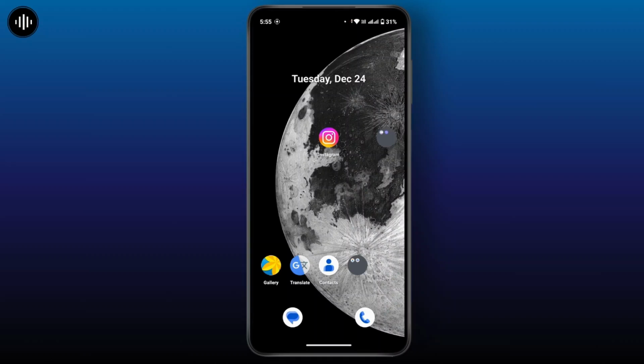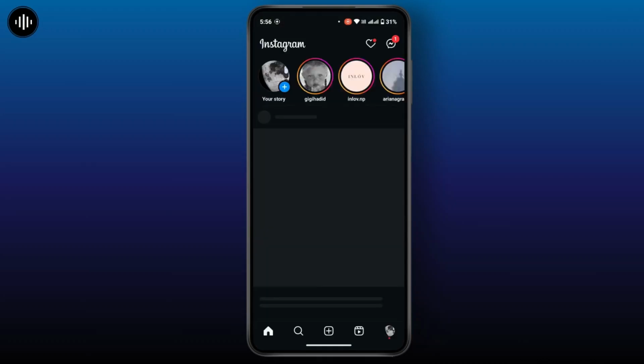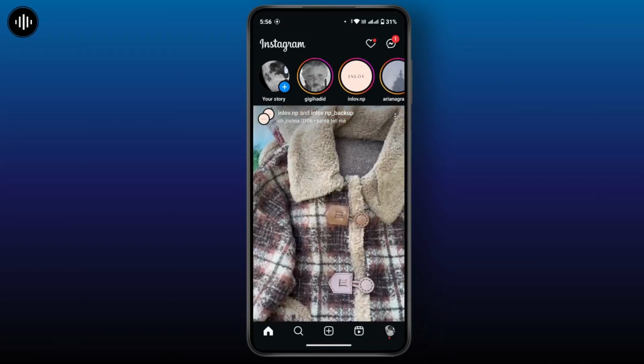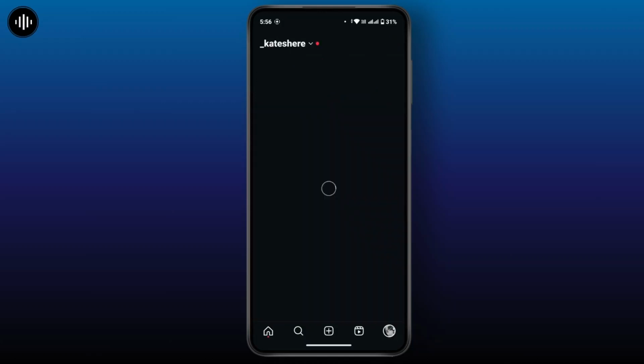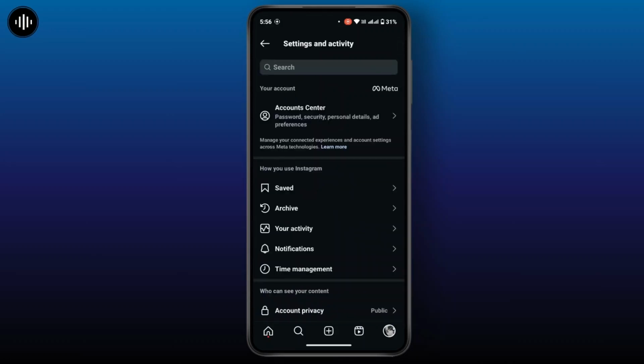Instagram allows you to download your account data, which may include your old messages, even ones that have been deleted. If the chat was within your data, you might be able to recover it. So for that, you have to launch Instagram and make sure to log into your account. Once you're on your home page, go to your profile by tapping on the profile icon at the bottom right corner. Once you're here, tap on the three lines or hamburger icon in the top right corner, and here